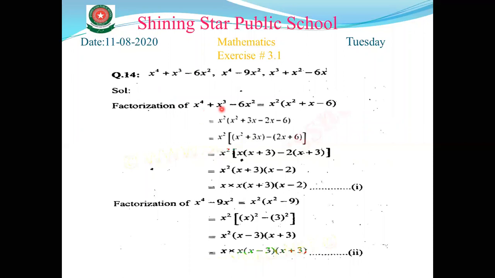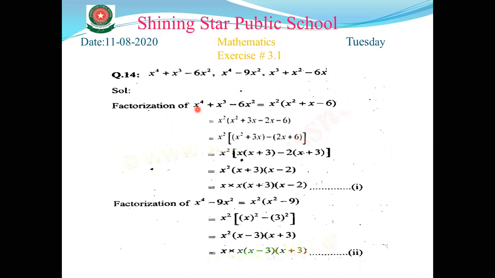So for solving the first term, x power 4 plus x cube minus 6x square, and we know that we have to factorize the equation when we have the quadratic equation. But if we have the biquadratic equation, we don't know how to solve that type of equation. Biquadratic equation means if we have the degree 4 in our expression, that expression is called the biquadratic. So in this expression, we have the x power 4. It means this expression is the biquadratic equation.